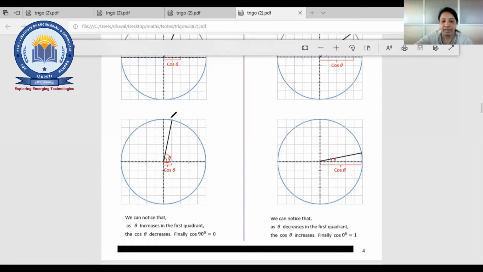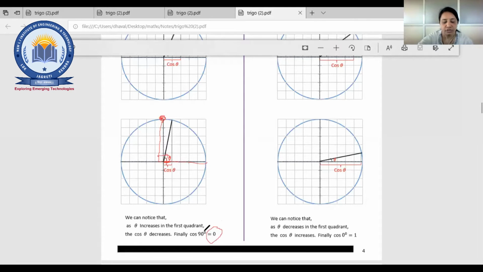Cos 90. When this theta is of 90 degrees, that means here we'll get a point, right? This point. So this will be obviously your angle. So this is going to be what? 90 degrees, right? So at that time we can say that the cos theta is, or sorry, the cos 90 will be what? 0. Fine. So if this theta is supposed to be increased from 0 to pi by 2.